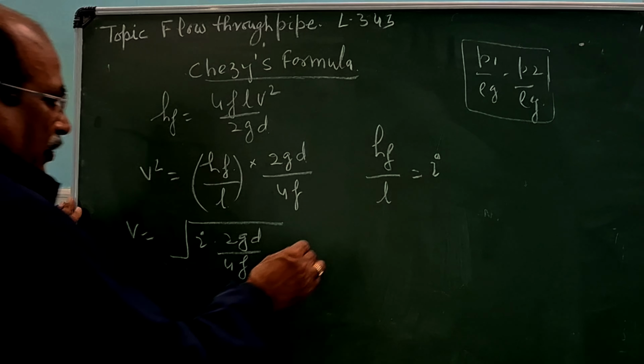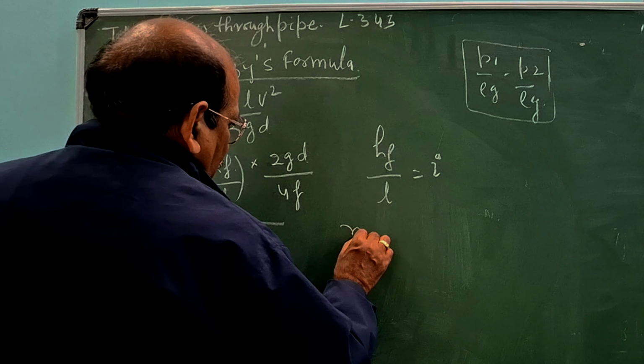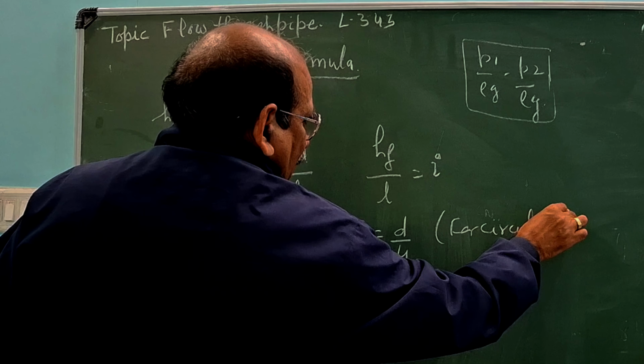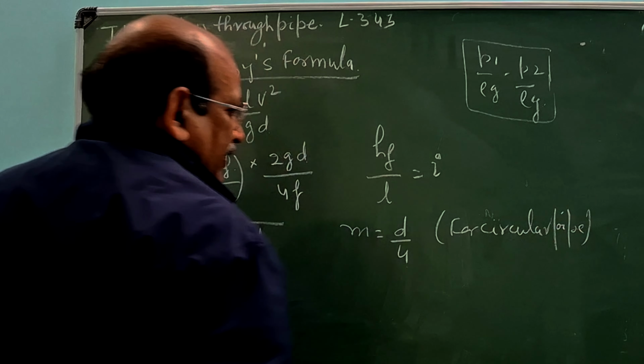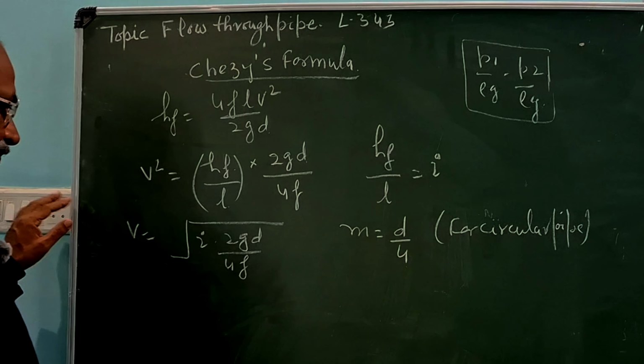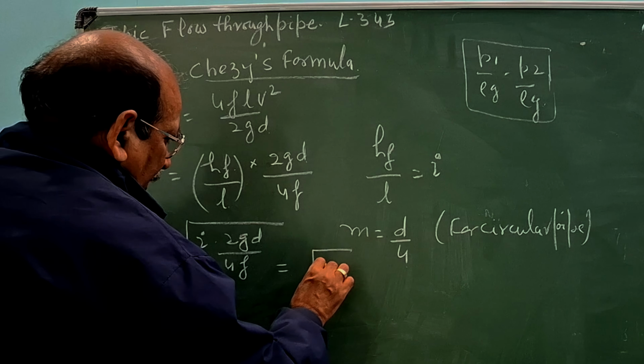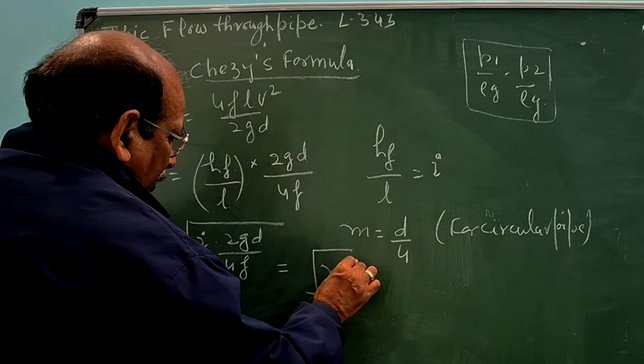M equals D by 4 for a circular pipe, we have already done it. So M is equal to D by 4. So you can have this root over M into i,